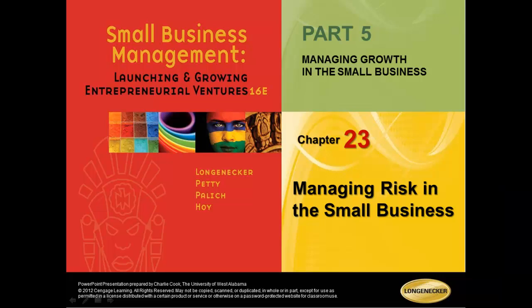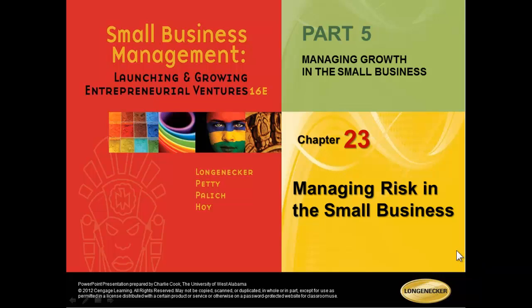We're going to cover Chapter 23 today in our discussion. This is a chapter on risk management for small businesses, and this is also a chapter that's going to be full of all kinds of definitions. I'll try to point out to you the key elements of the chapter as far as what you really need to retain and understand as we go through. So let's get started on it. It's going to be a lot of definitions.